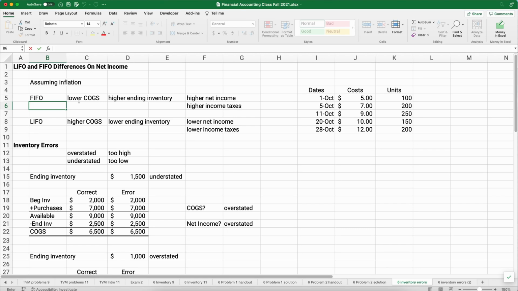Welcome. Today we're working on inventory errors, how that affects net income and cost of goods sold and ending inventory